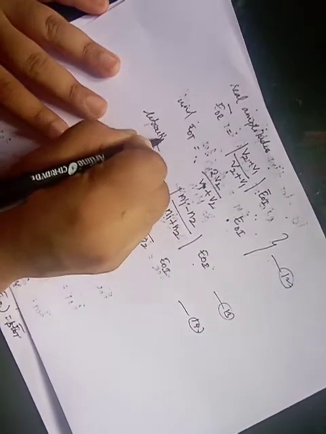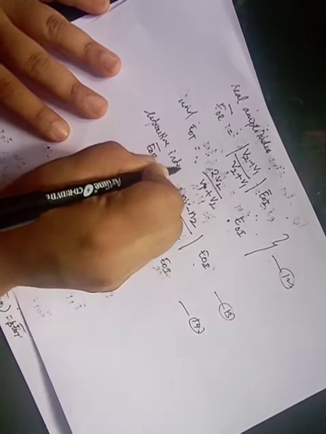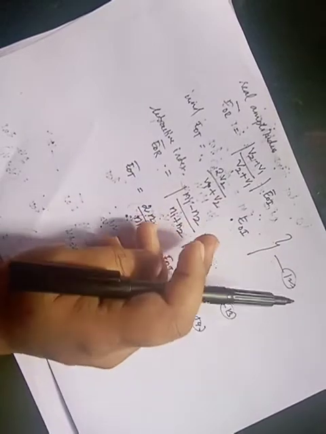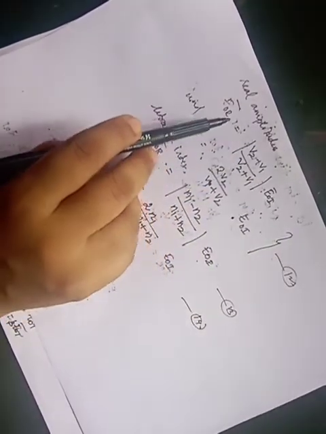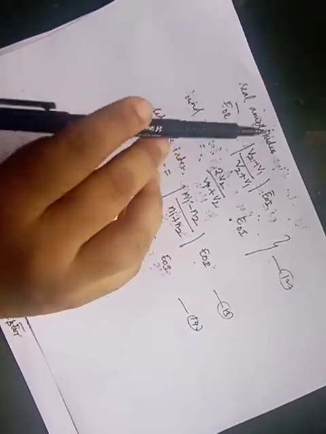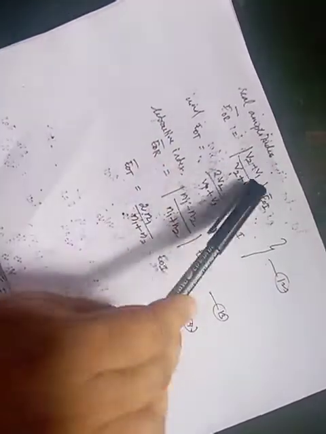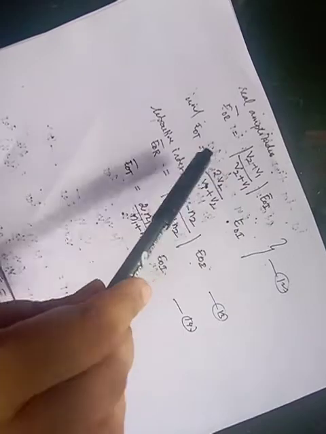In terms of refractive index, we have written these equations by taking modulus, that is the real amplitude. Again, actually E naught R is a complex term. So now we are taking the real term, the real amplitude. Then in terms of refractive index, these two equations can be written like this.